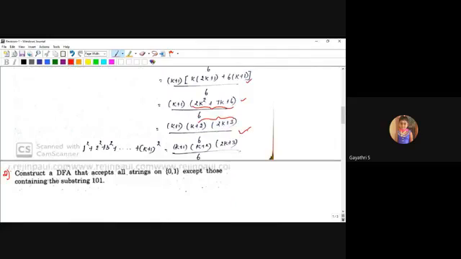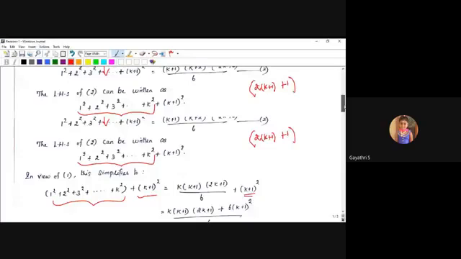So thus, if the case is true for n equal to 1, based on the basis, it will also be true for n equal to 2. It will be true for n equal to k. Based on the induction steps, it will also be true for n equal to k plus 1. So this is the principle of proof by induction. This is an important